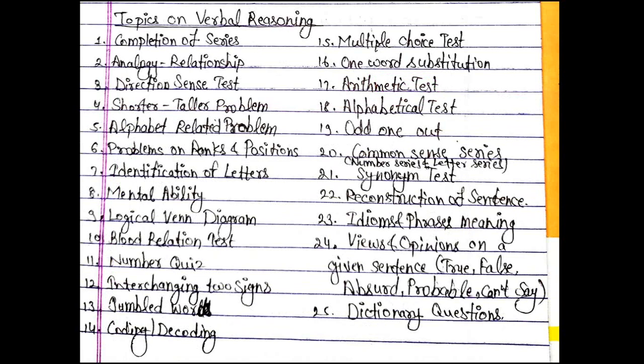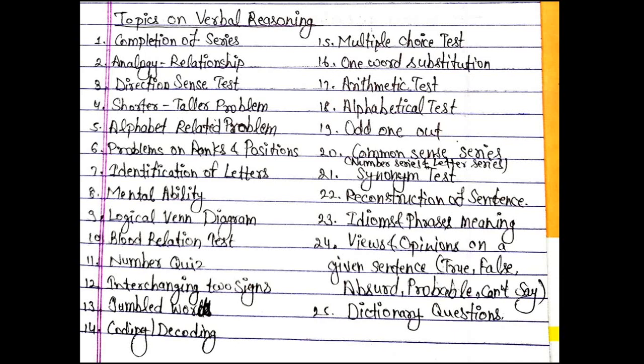Topics on verbal reasoning. It includes completion of series, analogy relationship, direction sense test, shorter taller problems, alphabet related problems, ranks and positions, identification of letters, mental ability, logical Venn diagram, blood relation test, number quiz, interchanging two signs, jumbled word, coding, decoding, multiple choice test, one word substitution, arithmetic test, alphabetical test, odd one out, common sense series, that is number series and letter series, synonym test, reconstruction of sentences, idioms and phrases, meaning, views and opinions on